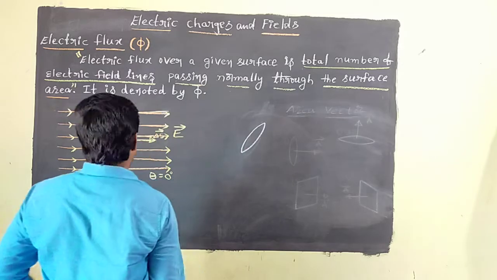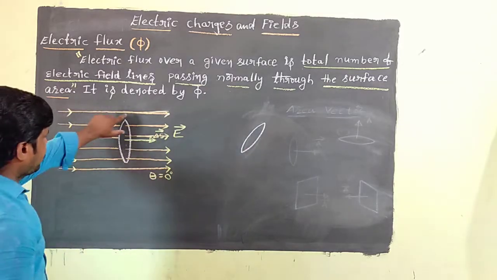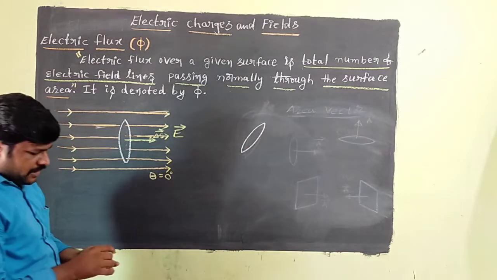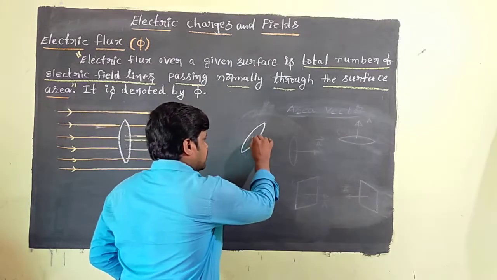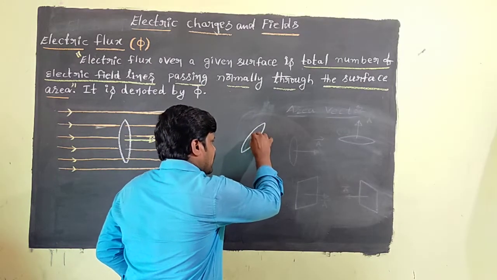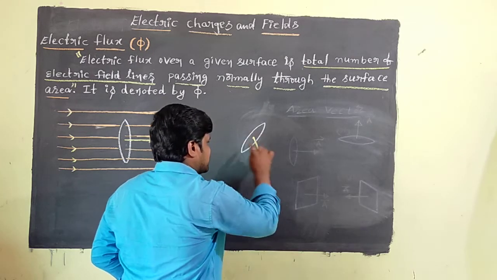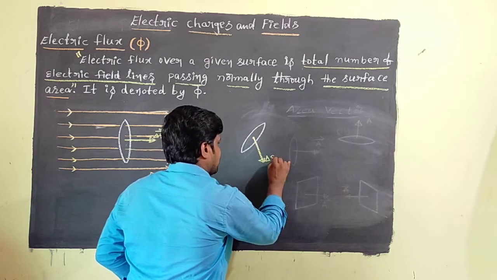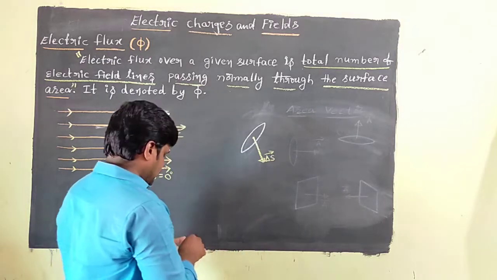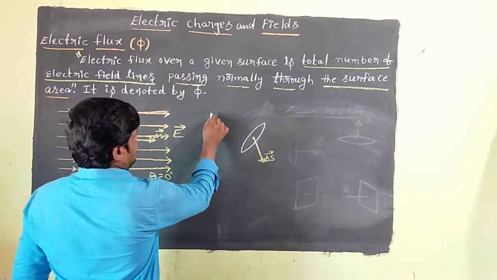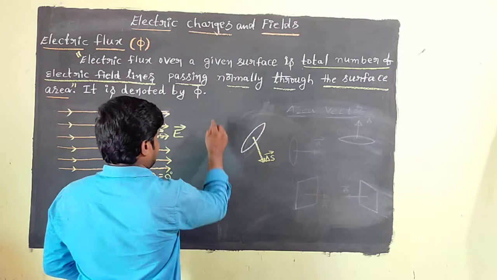Alright, now the same area vector I am taking here, the area of cross section. For this area of cross section, the direction of the area vector we can take like this, normal to this surface, delta S bar. Now in that case, the electric field lines, if you just see once again, I am going to